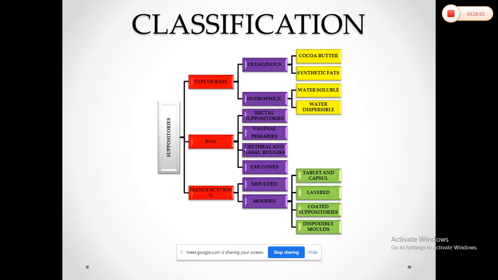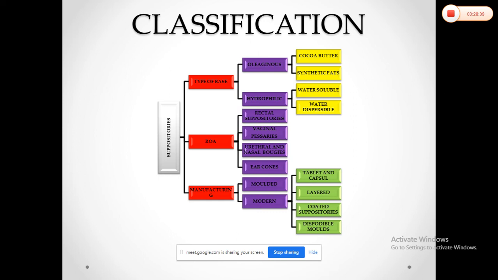Basically, for the pessaries, meaning when we are inserting formulations into the vaginal cavity, these compressed pessaries are formed in an almond shape for ease of insertion and to provide a large surface area for disintegration and absorption. Rectal tablets, meaning rectal suppositories, are generally coated with polyethylene glycol for protection and easy insertion into the rectum. So they can provide emergency action and can be easily inserted into the body cavity.